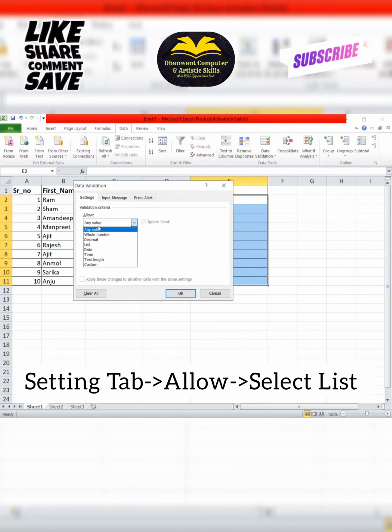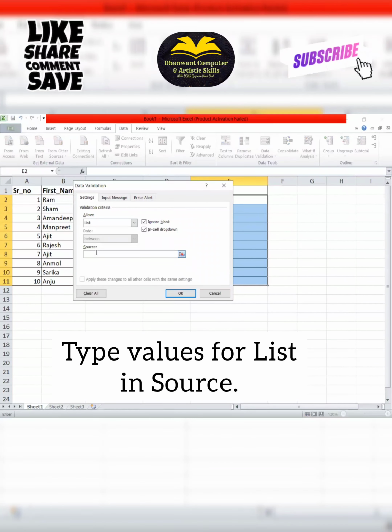You have to select the validation criteria, select list, type values for the list in source. You have to type the values in the source box that appears on your screen. I am typing principal, office superintendent, clerk. You can type any value you want to type in the list. You see, I am typing principal, office superintendent,